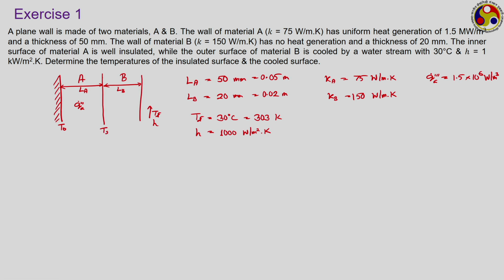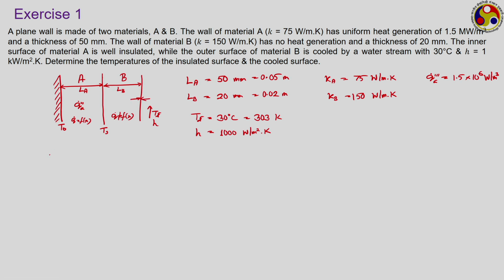There are two layers, and as we have heat generation only in one of the layers, we can treat the layers separately. For layer B we can use the resistance concept, but for layer A we have to follow the mathematical approach that we have just done. Now, for layer A, as there is heat generation, q dot will be a function of x, but for layer B, as there is no heat generation, q dot will be a constant in this case. Then let us try to tackle layer B and write an energy balance at this point.